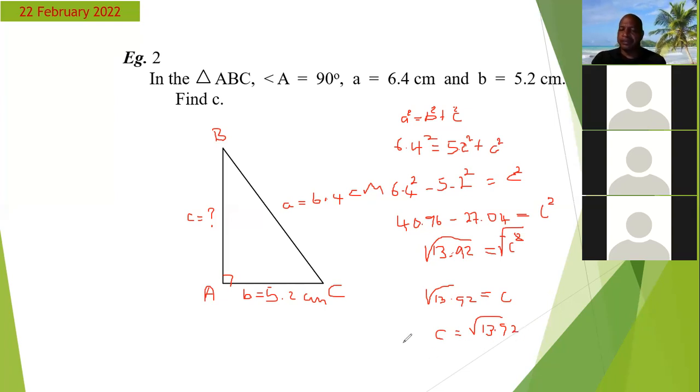All right, so what do you get now as your answer? C is equal to what? So 3.7. 3.7 centimeters. Now, don't forget your units. I know sometimes